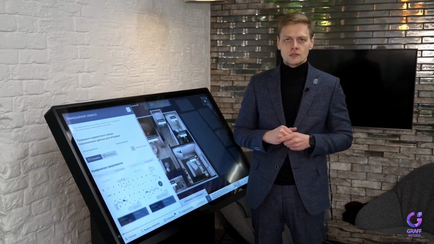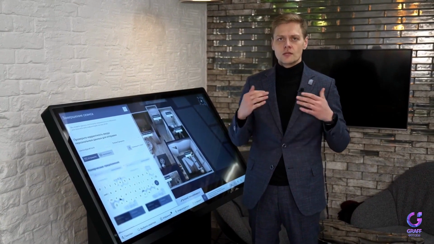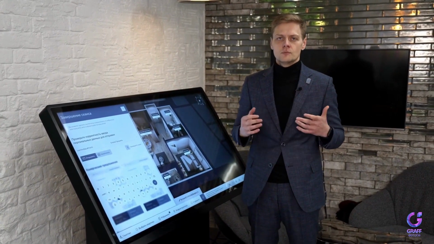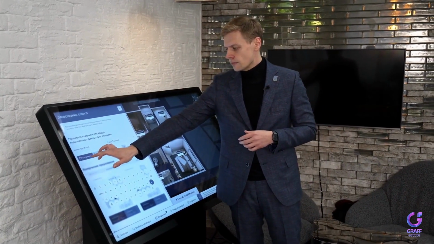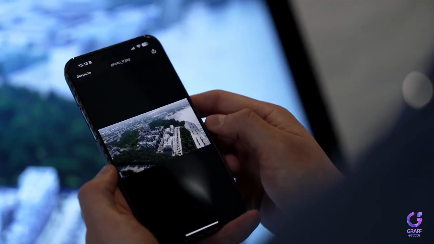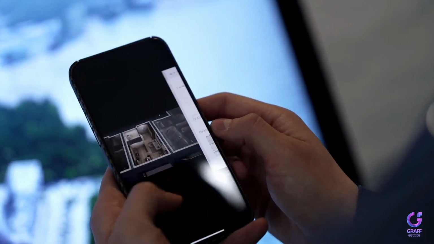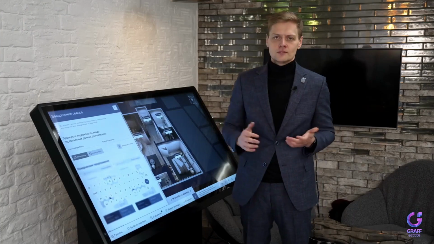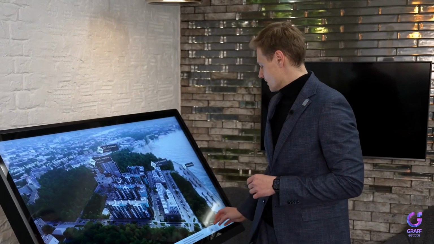We'll put it in a branded folder and hand it to the client if it's important for the client to take something from the sales department physically. Or we can click the send button. And the interface will notify us that the selected layouts and the screenshots we took will be sent to my email. With that, the consultation is complete, and the only thing left for us to do is to press the